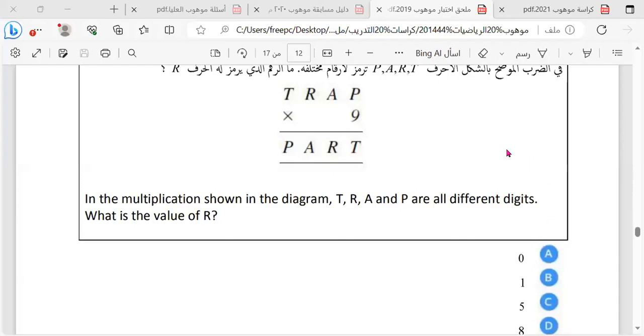Is the screen clear? The answer is A. All right, the answer is A. Okay, the answer is A. Okay, now